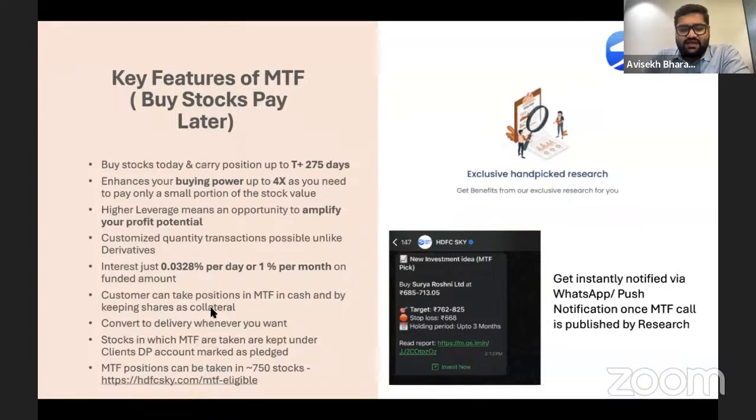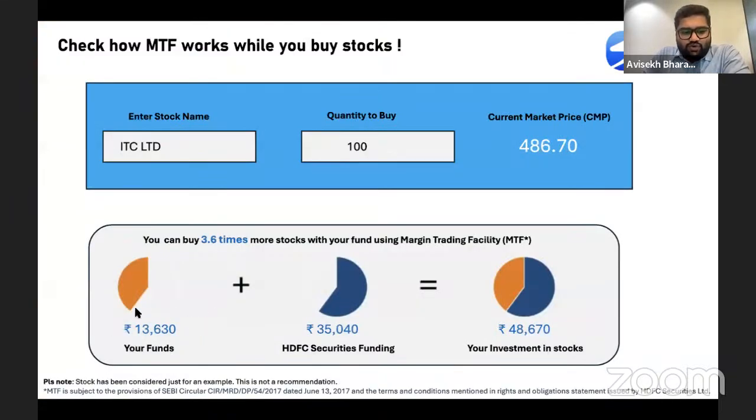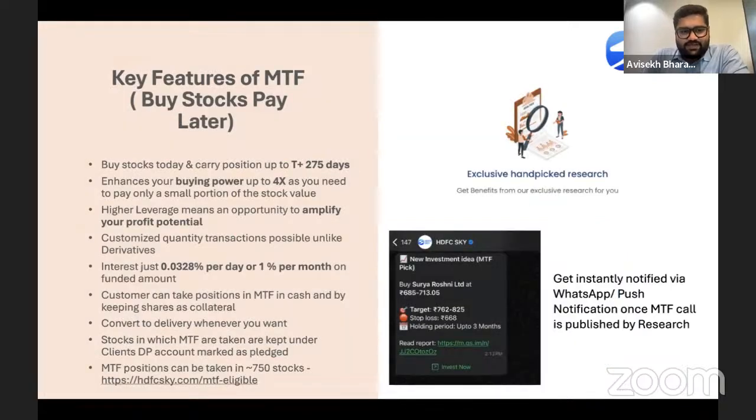I said that. Say, for example, you don't have this amount, 13,630, but you have shares in your Demat. You have some shares in your Demat, so you're doing nothing about it. Maybe you want to keep it. So what you can do is you can pledge those shares and you can bring in this fund from those shares. So you can go completely cashless. Yeah. We will see an example of how you can pledge the shares that are lying in your Demat.